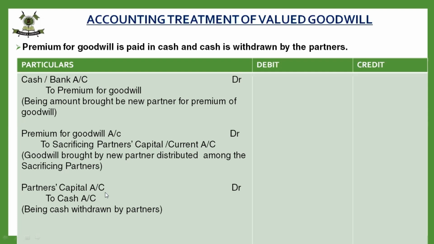Fine. Now, there might be a case where the partners are withdrawing a percentage of the amount they are getting for the premium of goodwill. Like in this case, partners were getting 9,000 and 12,000. Now, if I say 50% of the cash is withdrawn by the partners, that means A and B will withdraw 4,500 and 6,000. The remaining amount will be retained in the business. So whatever percentage of drawing is given to you, you will pass the third entry by that particular amount.